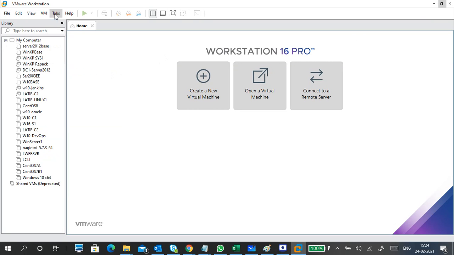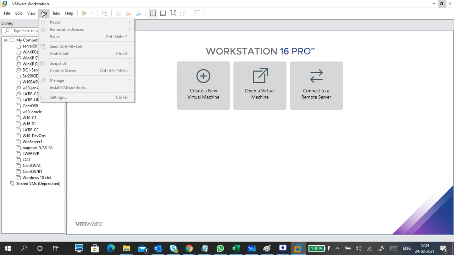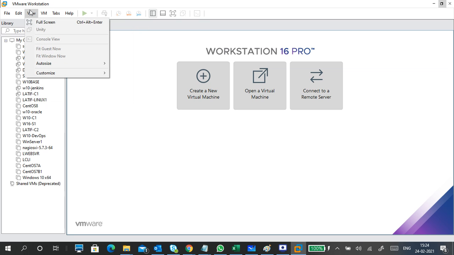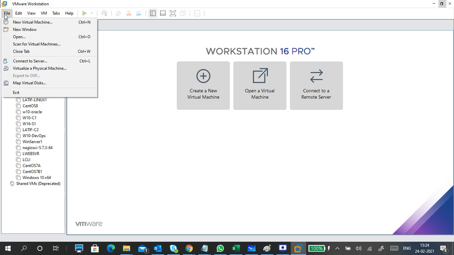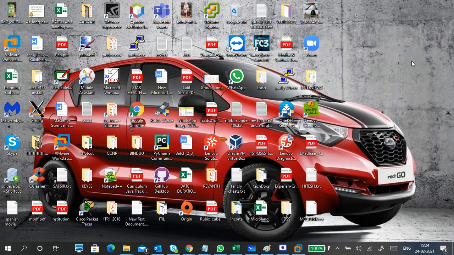I will tell you how to create a virtual machine, and there are a lot of things also there. So this is network editor preferences. Issues will be there, so we'll discuss all the issues. This is VMware Workstation. VirtualBox is also